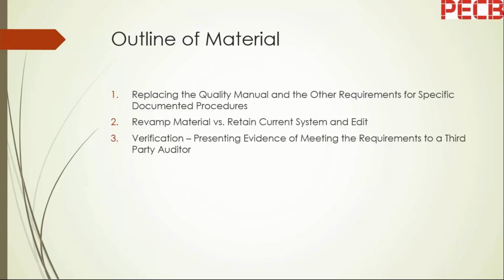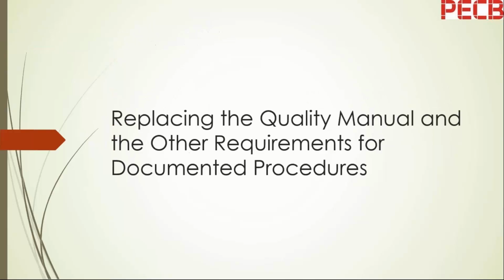The body of it is going to be on how we can replace the quality manual and the other requirements of the previous standards. So how can we do that? And then section 2 is going to be reasons for revamping your material versus retaining your current system. And section 3 is going to be a method for doing internal auditing. Our section 1 is replacing the quality manual and the other requirements for documented procedures that we had in ISO